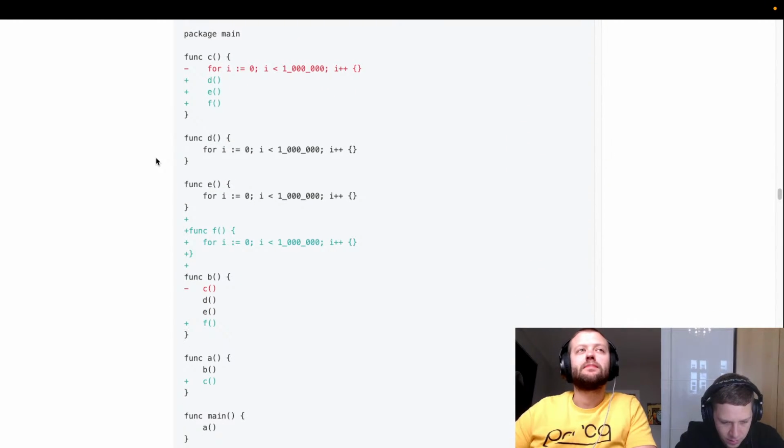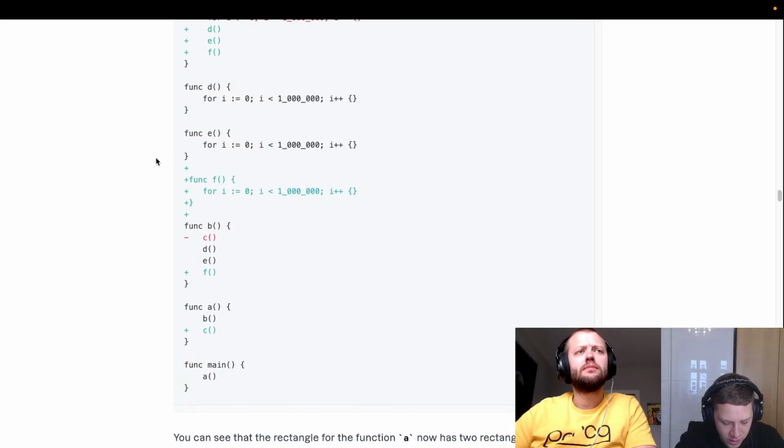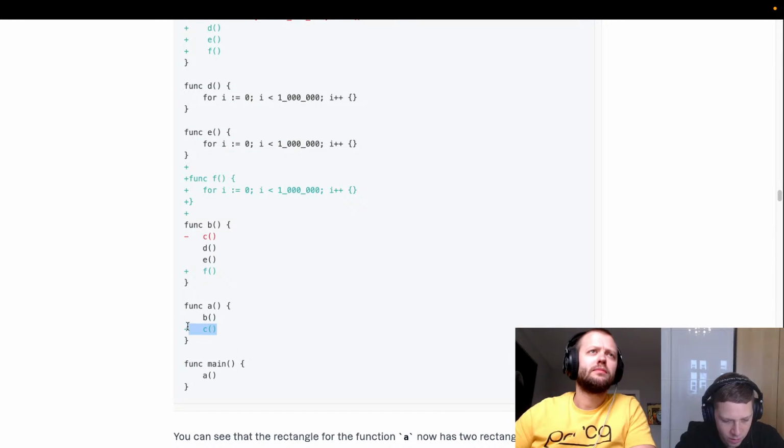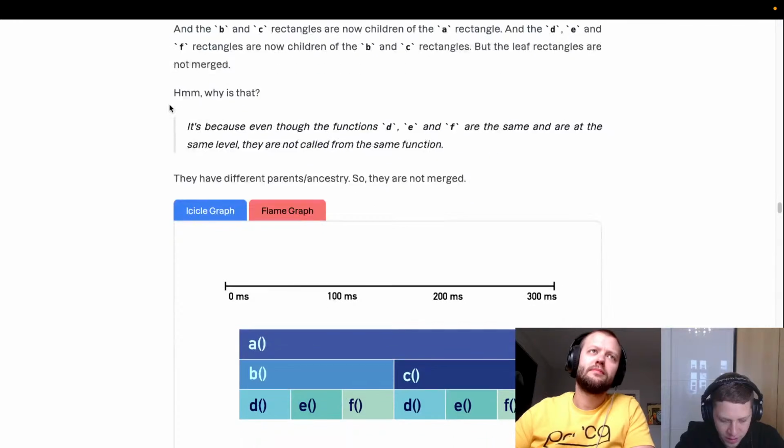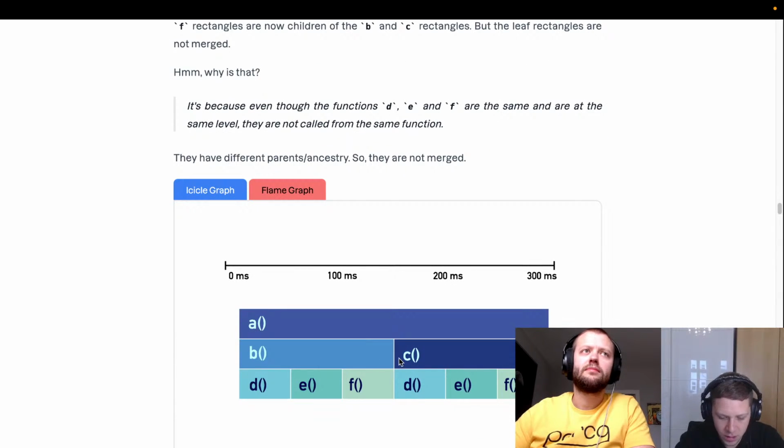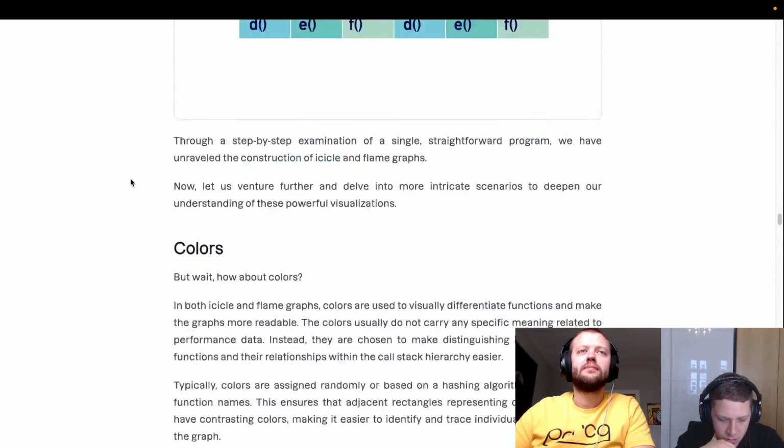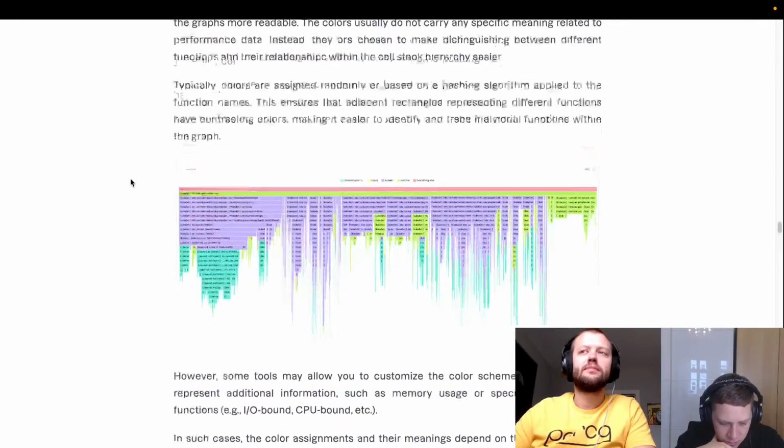And then adding another function, this one is now calling C, so we should have another indirection here. As you can see, now we have B and C, and then they each call D, E, F. Colors, I think